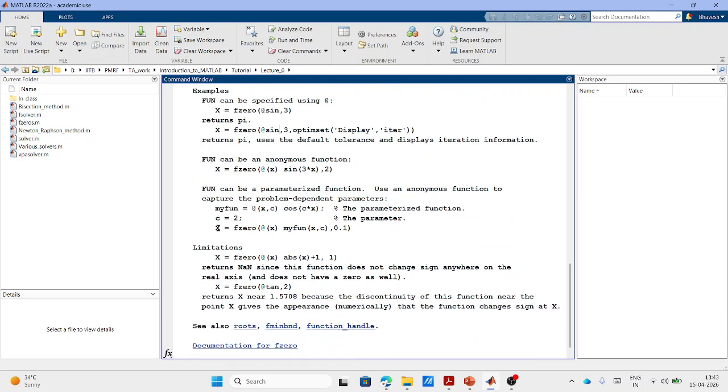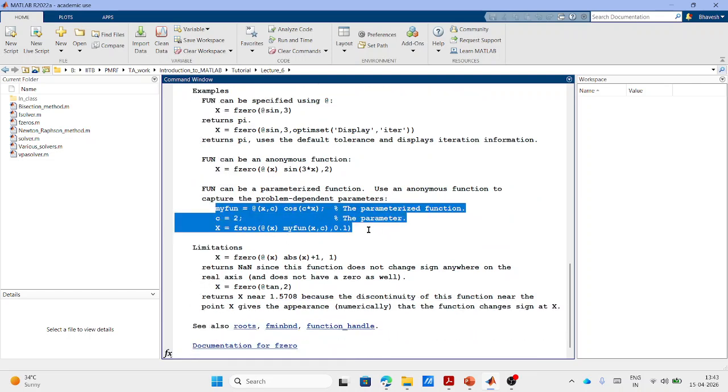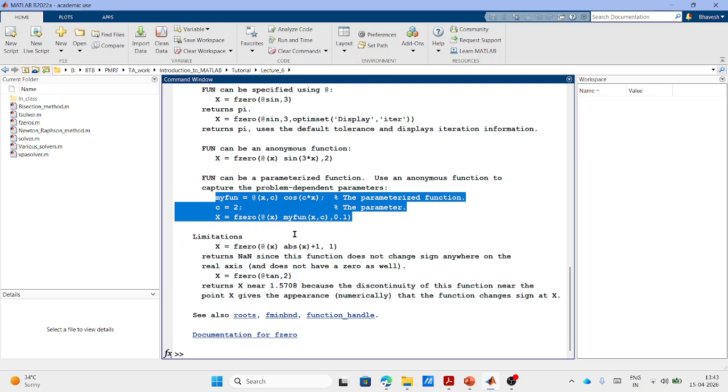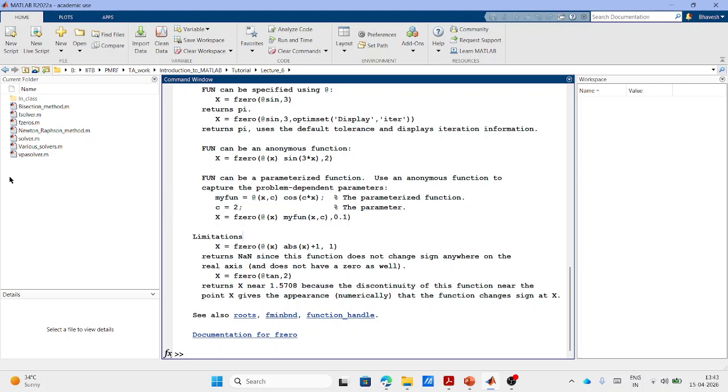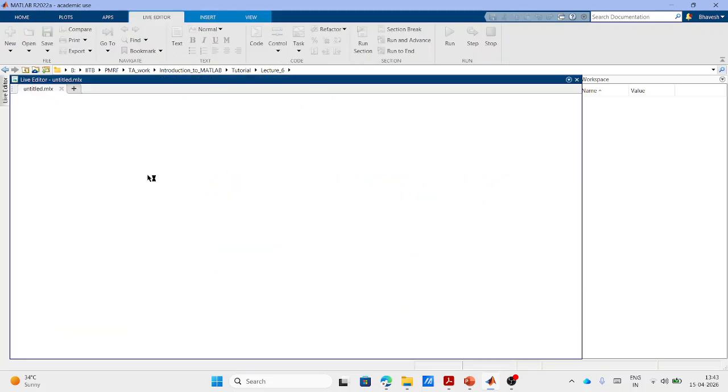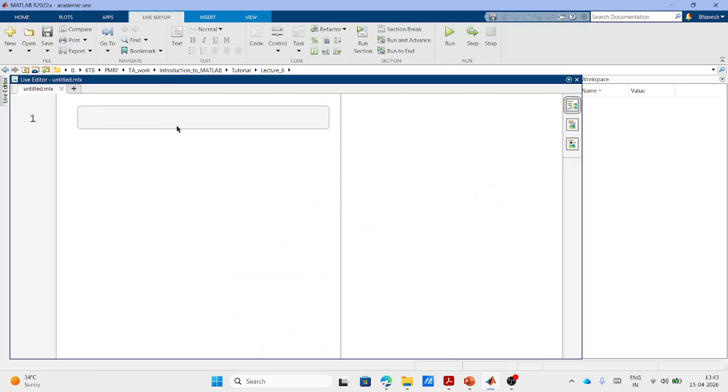You can also provide your own function. So here they have created my function, which is cos cx, where the c value is provided, and then you find the solution to this function. Okay, now here one thing you will notice is that we have to provide the function in this fzero command, right? To provide a function in MATLAB, we have a few pre-built options available, right? So I can provide,